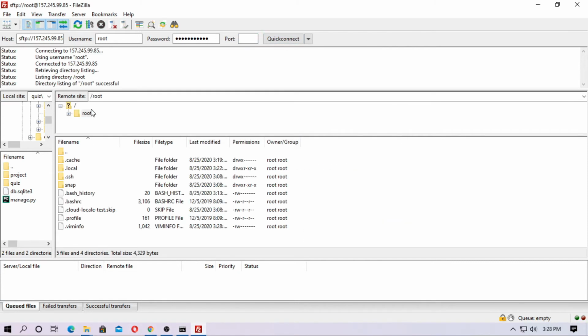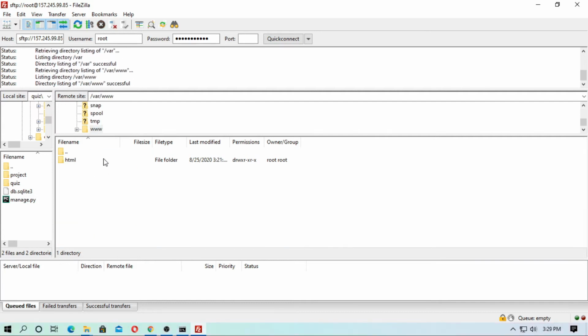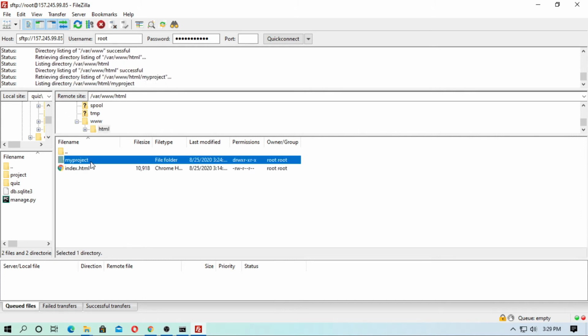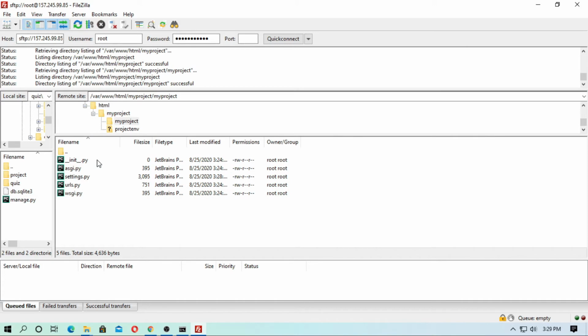Yes, now go to root and go to var, go to www, go to html, and here is my project. You can see this is the project environment and this is the project of Django. So go to myproject.